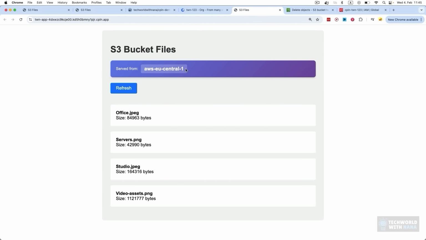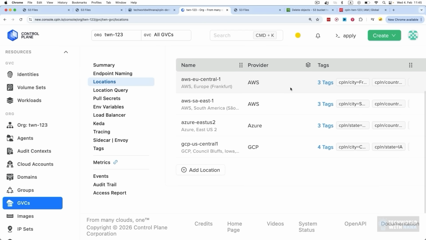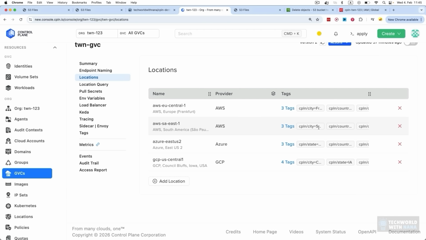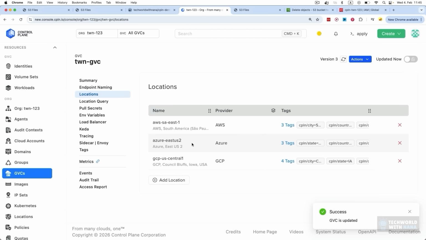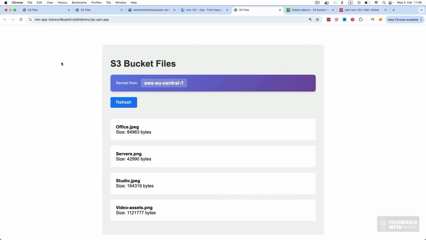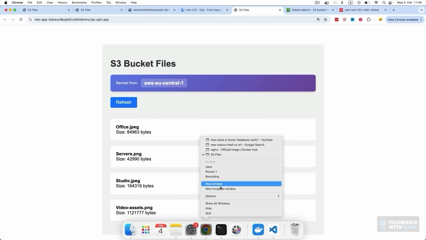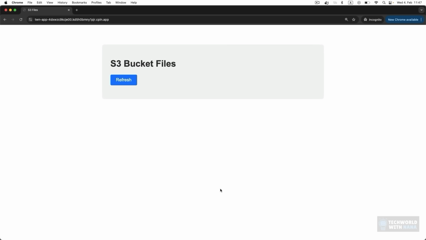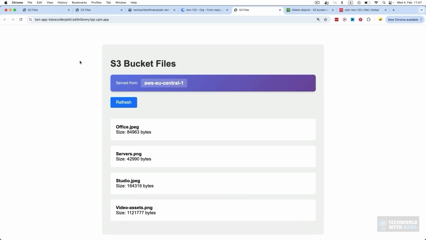So now let's do one thing, which is let's simulate that EU Central region goes down. So we have this application running in multiple locations. For some reason, there is an outage in the EU Central region and it basically just crashes, right? So our application is not available on this platform. Now, if I refresh, it will still work because it's cached, because it's a static website. So I'm going to grab that global endpoint and access it in incognito mode. And as you see, the application was now served from Azure region. And again, pretty straightforward, but we can still test it out.